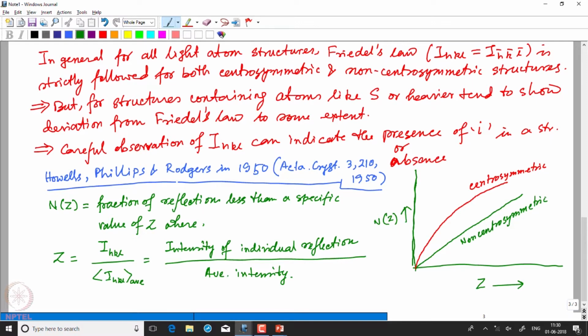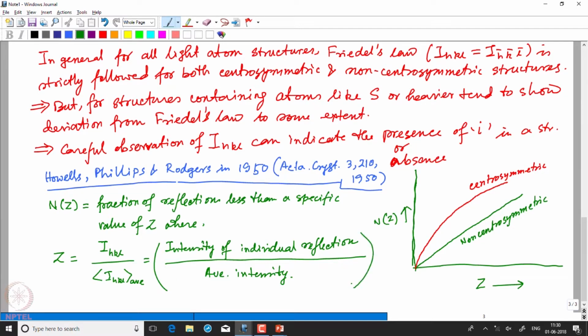So this observation is made from the data set that was collected and reduced, and then the corresponding relative IHKLs are taken into account. The IHKL average is done, and you take the ratio of those IHKL with respect to the average. So we calculate the value of Z,